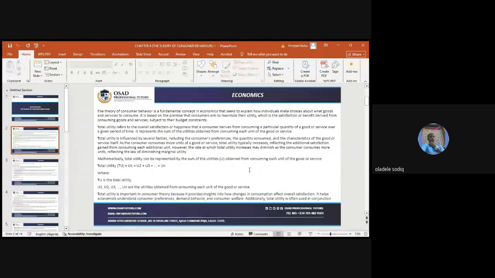Okay, so I said that the more you consume a commodity or product, the less the quantity you can take, it will be reducing. I'm not giving a case study. I said, have you seen someone that can take 1 crate of Coke? That is 24 bottles. Do you think anyone can take that? No. Okay, let's use you as a case study. How many bottles do you